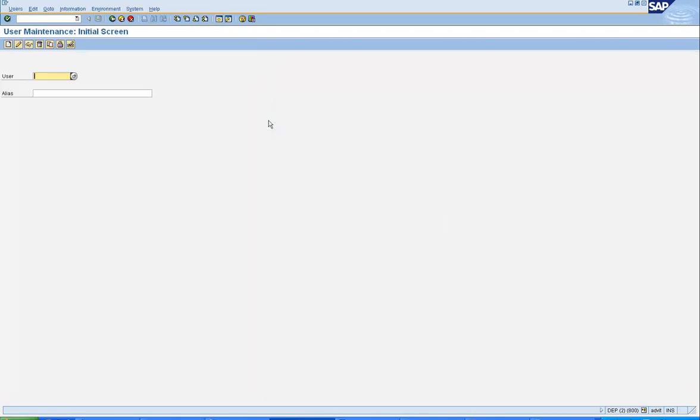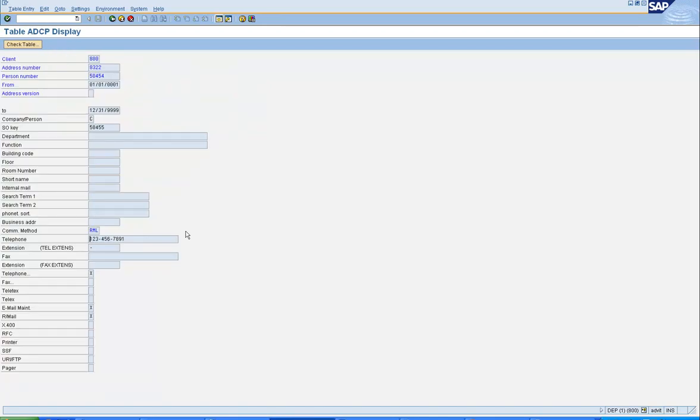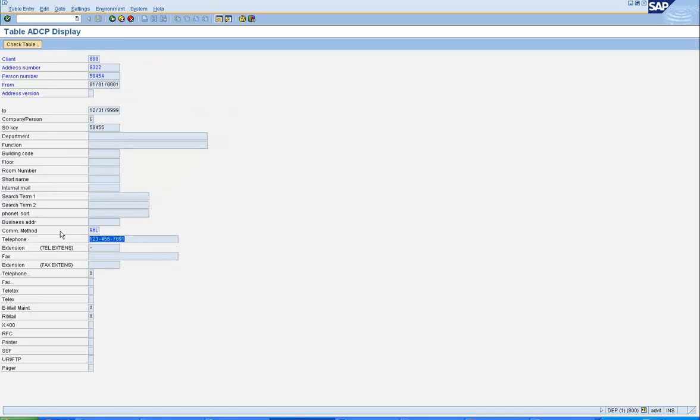So go to SU01, enter the user ID Subha, and choose change. The telephone number is 123-456-789. So you can see the telephone number is there in the table ADCP.